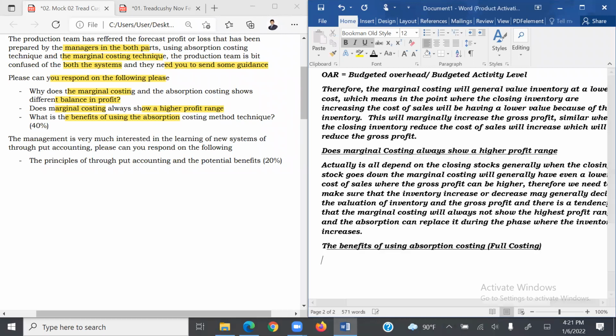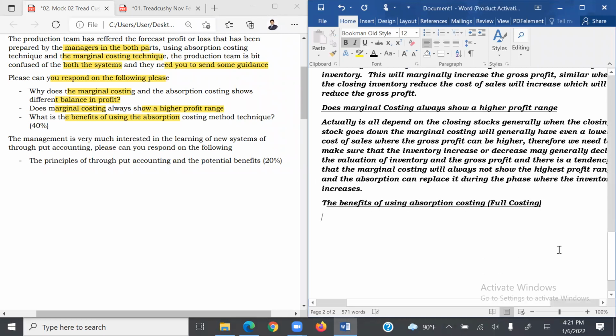So the benefits of using full absorption costing. The first one is, I can say here, adheres to the matching concept. So I will write down here, students. Now, there is an accounting standard called the matching concept. Matching concept means income should be matched with the costs that are incurred to generate that income. So I'll write down here the matching concept